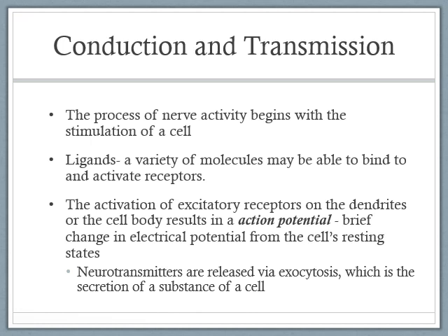The action potential is converted into a nerve impulse as it spreads throughout the dendrites, the cell body, and ultimately down the axon. At the nerve ending, the nerve impulse performs the critical function of causing the release of neurotransmitter chemicals into the synapse. So remember, those neurotransmitters are actually contained within those vesicles, and those vesicles are what's protecting the neurotransmitters from being degraded by enzymes. Neurotransmitters are released via exocytosis, which is the secretion of a substance from a cell. So it's a fancy word for